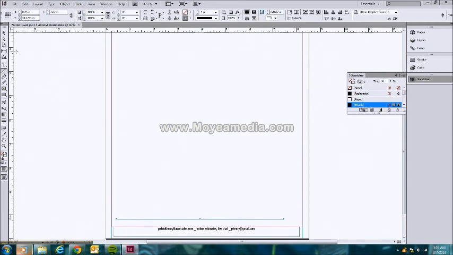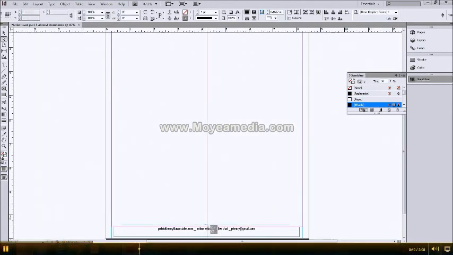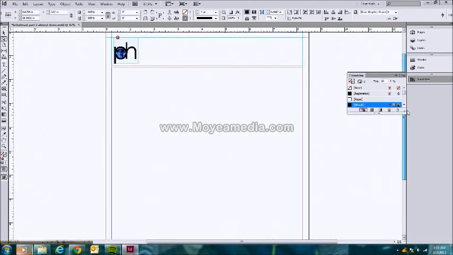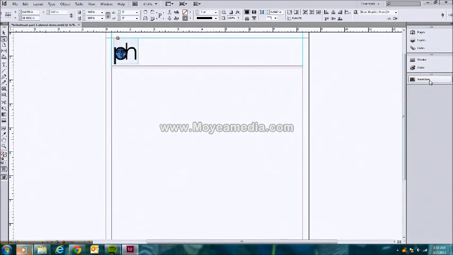At this point, we're done with the line. So we're going to go over, we're going to click the selector tool, and we're going to pick the line up and drag it down to the bottom here. When it's down there, this pink line means that it's centered, so we know we've put it in the right place. At this point, we're now done with the design, but to make this a template, what we're going to do is